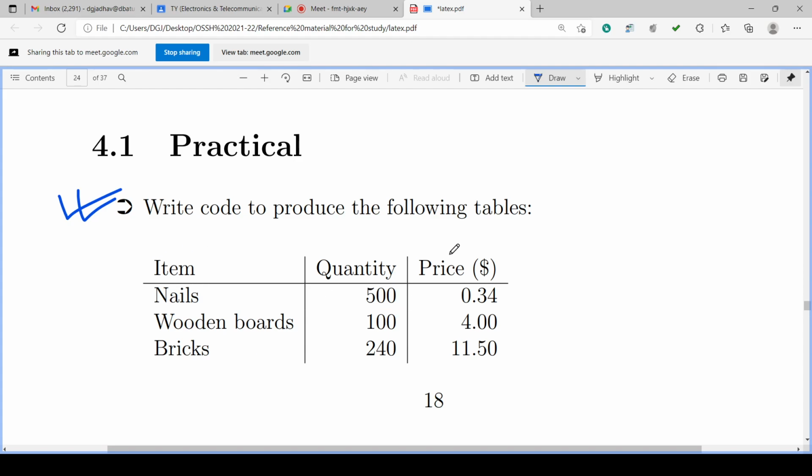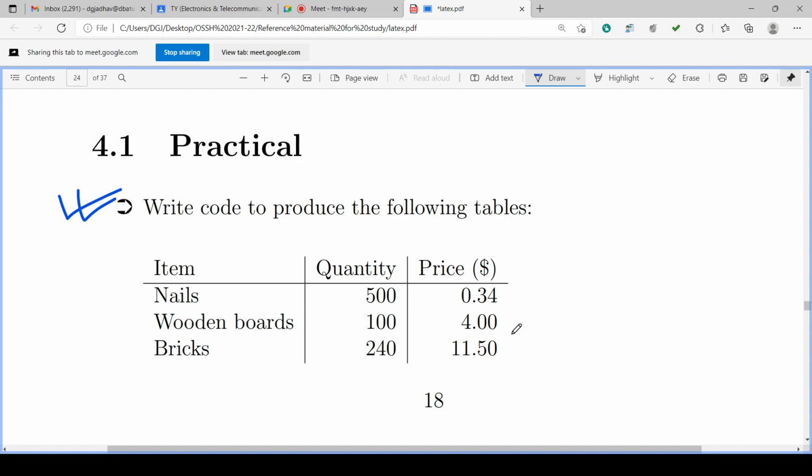So we have to count the number of columns and check their alignments, whether it is left alignment or right alignment. So first is the left alignment, next two are right alignments, and we have to check whether we require the horizontal line or column line.